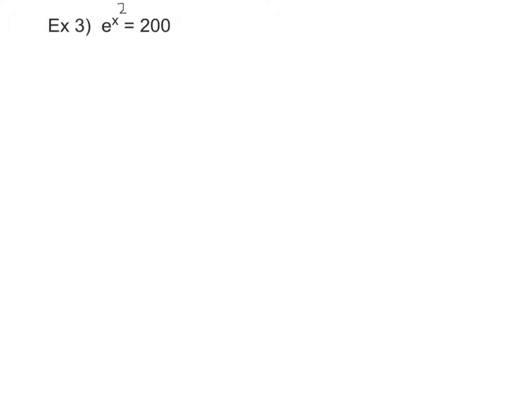Now, here's the deal. Anytime you see an exponential like that natural e to the x, you automatically think natural log because they cancel out. Anytime you see the natural log, you automatically think e because they cancel out. Those are inverses of each other. So in this instance, because I have this e to the x squared, I'm thinking natural log. So whenever you take the natural log of both sides,